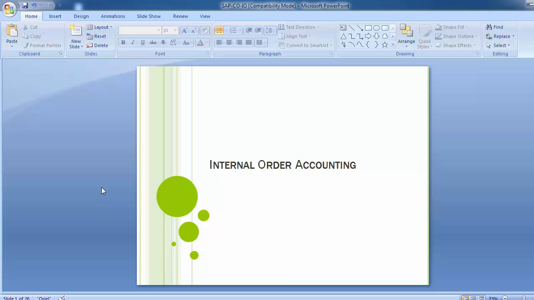In today's training session, we'll be covering the topic of internal order accounting, which is one of the sub-modules of the SAP controlling part. In internal order accounting, today we'll be covering